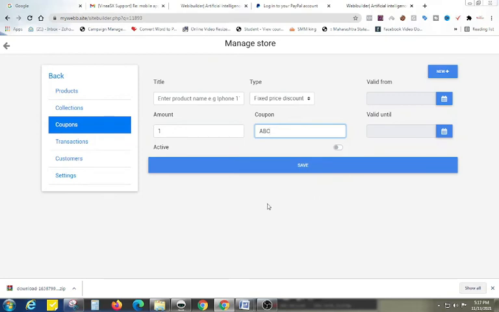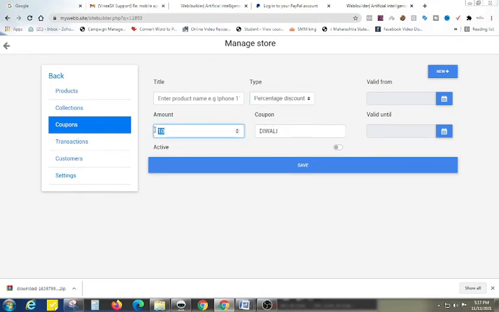If anyone uses the coupon code, suppose my coupon code is Diwali, then he will get like $10 or $1 discount. So here you choose the type, fixed price or percentage.